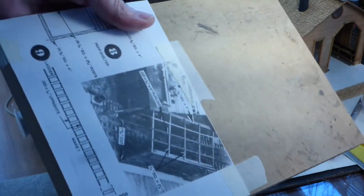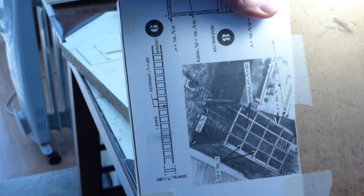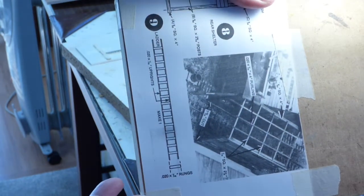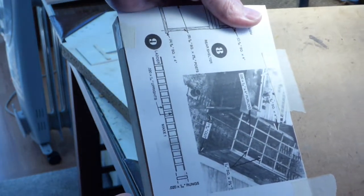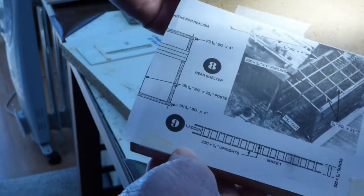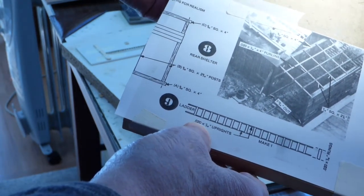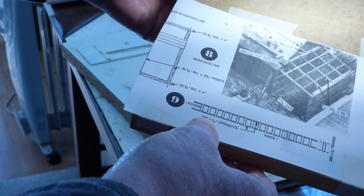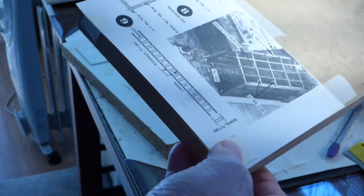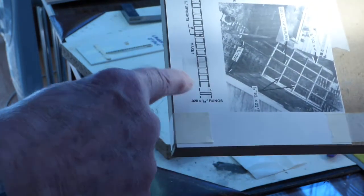Okay, starting in the 60s, maybe even before, when a kit manufacturer wanted you to build a ladder, they would, in their plans, give you a full-size diagram of the ladder they want you to build. And they would give you usually the dimensions of the lumber. In this case, if you can read that, it says 0.020 by 1/16 of an inch uprights. That's the legs. And the rungs are out of the same material,